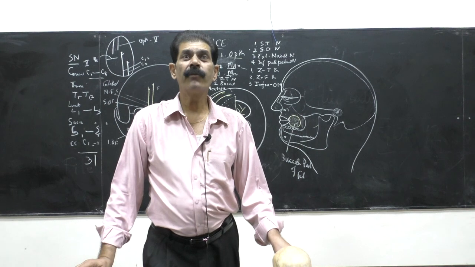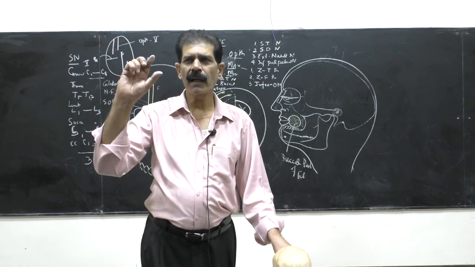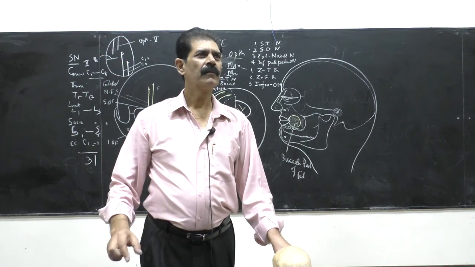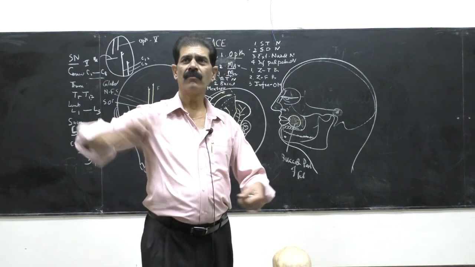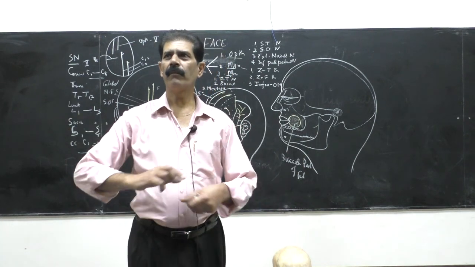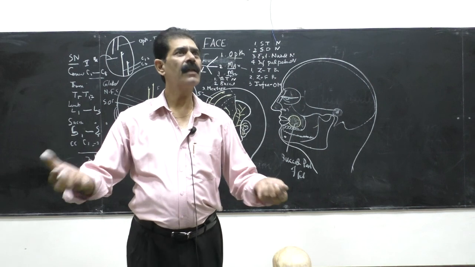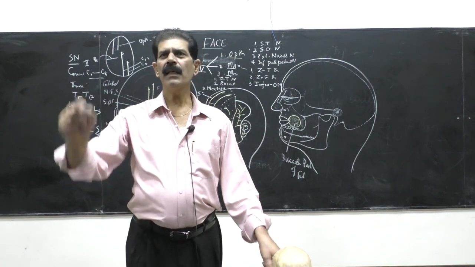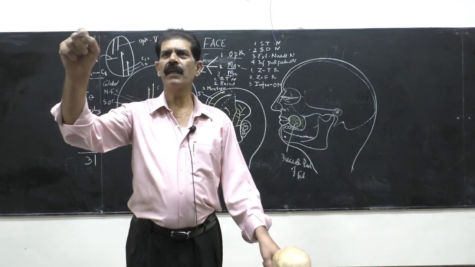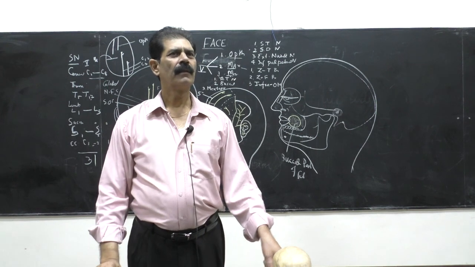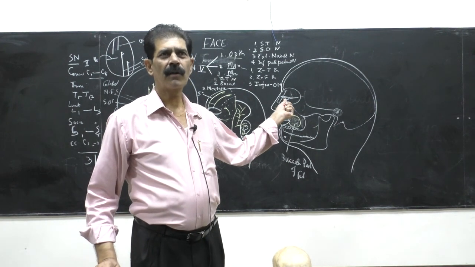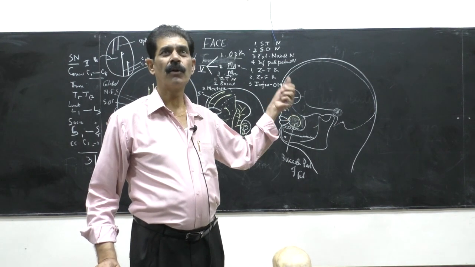Make a full diagram on a full page. Don't make a small diagram as you have in your book. Try to make a big diagram like me. A full page, large diagram is more clear. And bring colored pencils right into the lecture theatre. Nerves are yellow color. Who will make red color nerves? 0 marks.